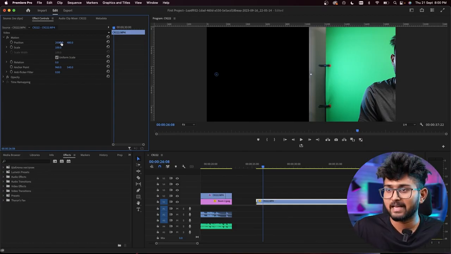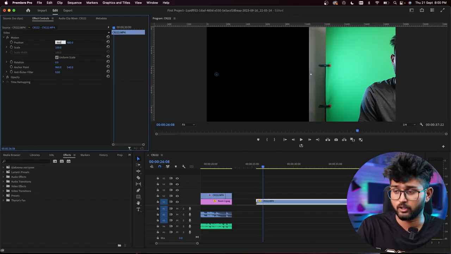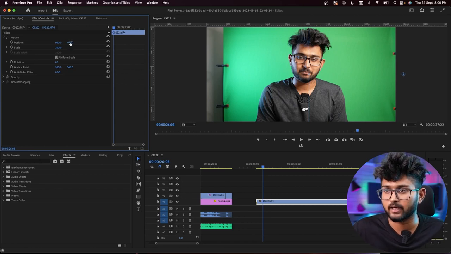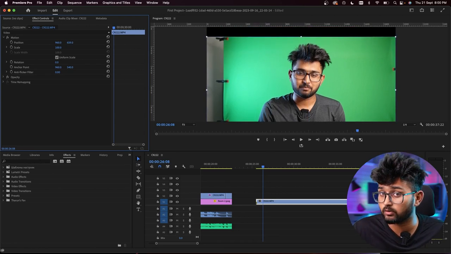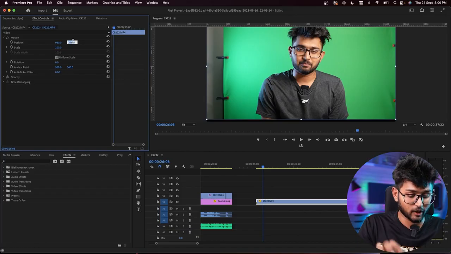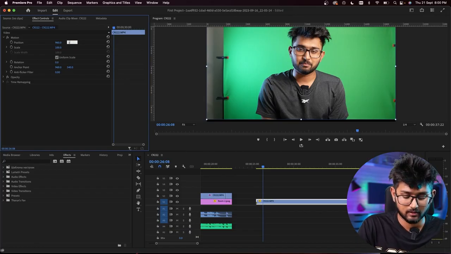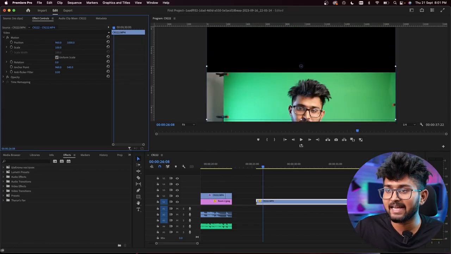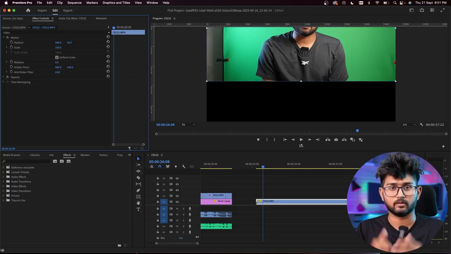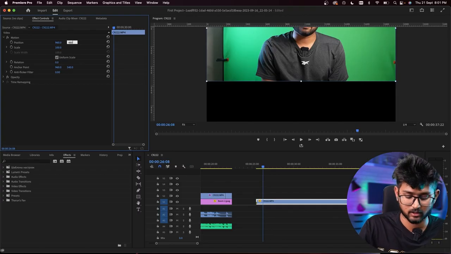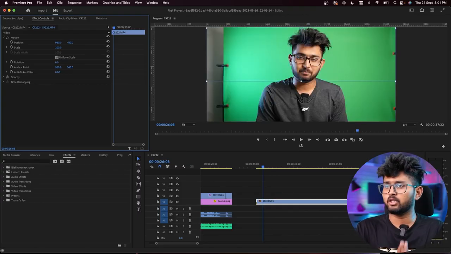So let me get back to the center, which is 960. It came to the center. Now let's play with the y-axis value. I'm moving it to the right and you see it goes down, right? I'm moving it to the left, it goes up. If I click on it and enter 1000, let's see what happens. I press enter, it went down. I click again and enter 10, it goes up. Let me get it back to the center, which is 480 or something, I guess. Yeah, 480. It came to the center. So this is about the position.